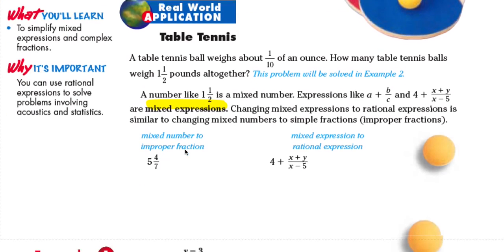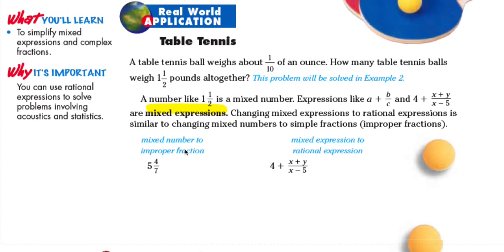A table tennis ball weighs about 1/10 of an ounce. So how many table tennis balls would weigh 1 and 1/2 pounds all together? We will solve this in example 2. A number like 1 and 1/2 is a mixed number. Expressions like a plus b over c and 4 plus (x over y) all over x minus 5 are mixed